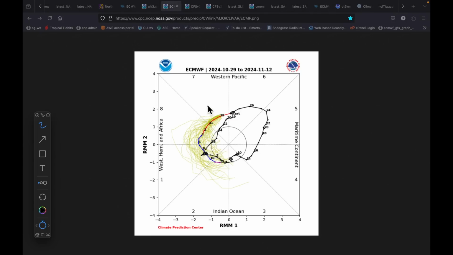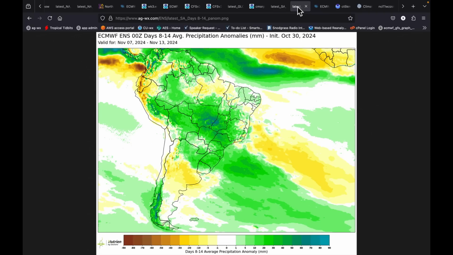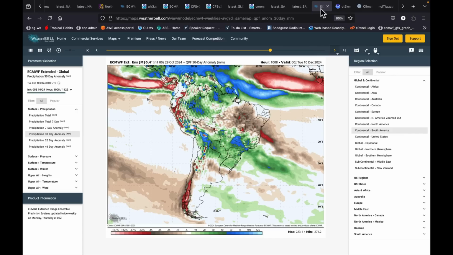The wetter side of this diagram for Brazil is phases 7, 8, 1, and 2. Okay, the drier side is phase 4 and 5. So just remember that quick rule of thumb. We're way over here right now, and I just showed you the forecast. It's very much linking up with the MJO. Because the MJO is expected to continue moving, all the long-range models are just like, keep the better chances for wetter conditions here, drier on the northeast side, and possibly into central Argentina. And we've shown you that many times.